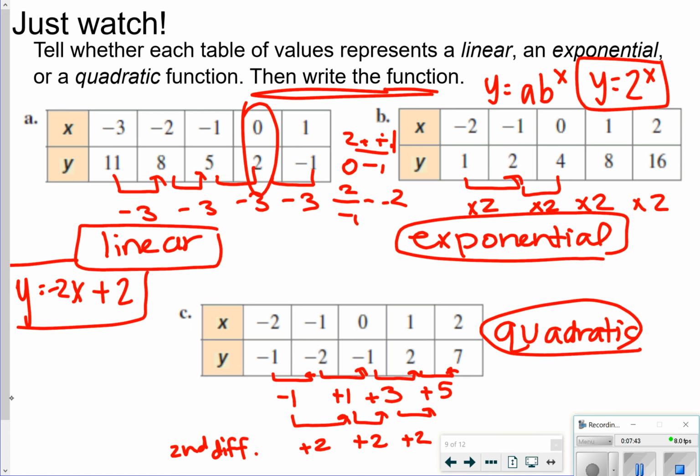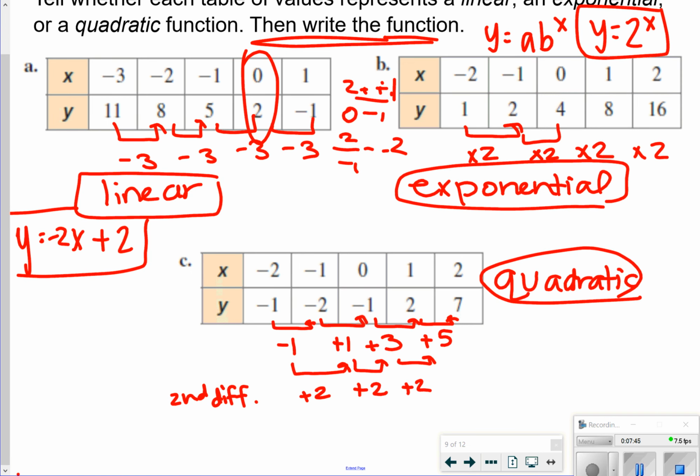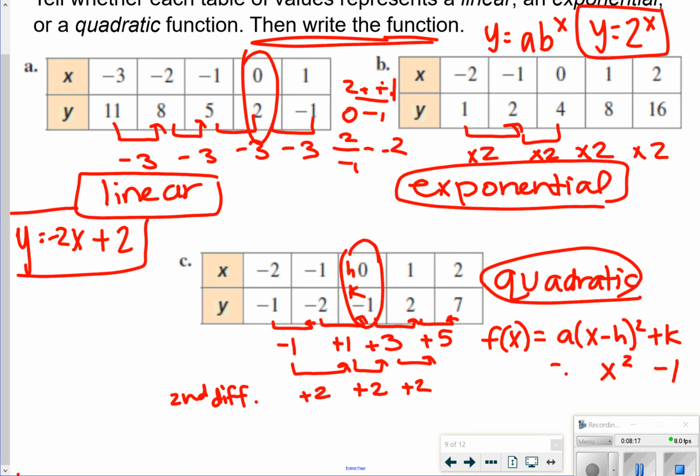Since there are no x-intercepts for letter C, what I would do is just find the vertex, which is this middle point right here, because on either side, the x values are symmetrical. So if my vertex is 0, -1, the 0 represents h and the -1 represents k. So I can write this in standard form, or using vertex form. Remember, we have f of x is equal to a parentheses x minus h squared plus k. And I'll just plug in what I have. So I know k is equal to -1, h is 0, so I'm just going to leave that one alone. And then a is not affecting anything,